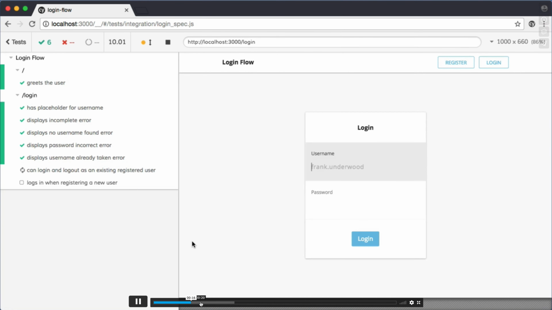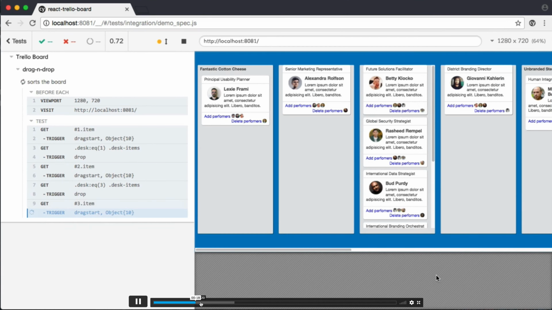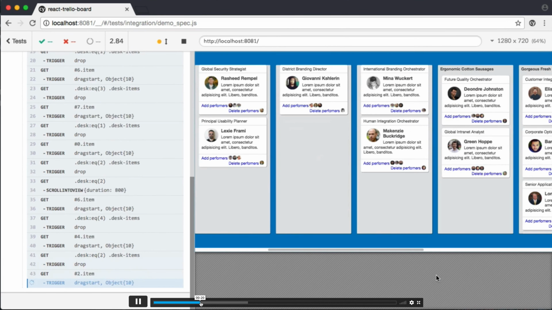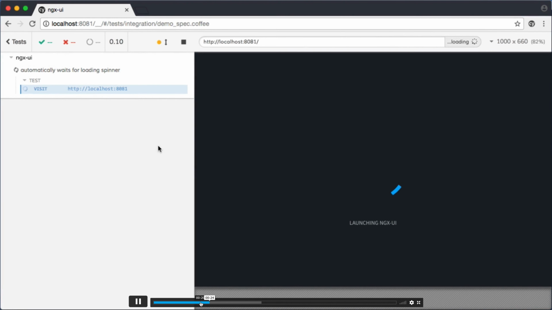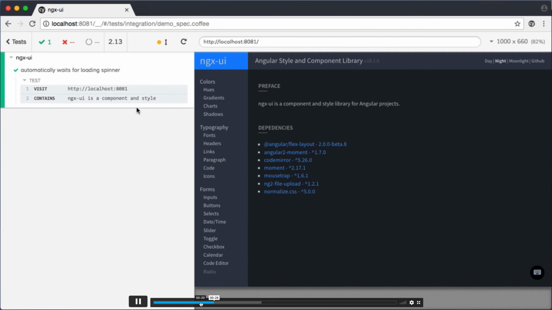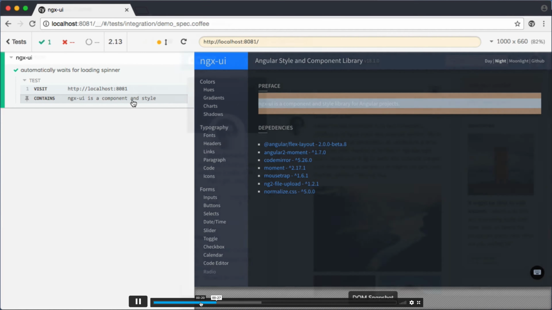So they are providing data, moving elements and checking that everything works as you expect. If you drag and drop to another column, it will scroll, it will open, it will do everything that a user will do, but automatically.